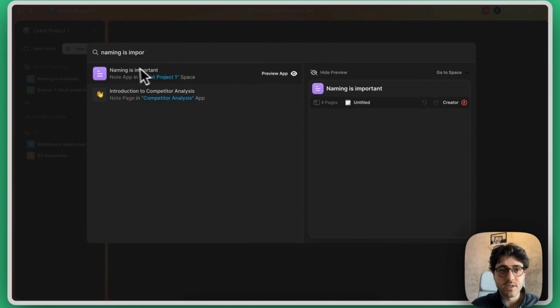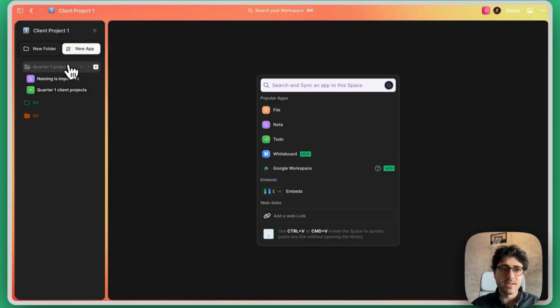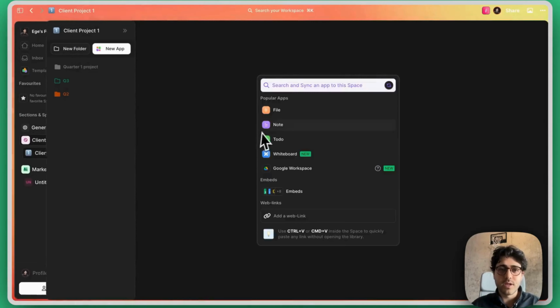With a single click, as you can see, I have synced this application from client projects to my untitled space in marketing so that I can work directly here. And if I go back from here to there, also the same to-do and the same application exists. And you can have this for all apps. So liftOS is flexible, it's customizable, and it's a very organized way to work with your information, including connecting your